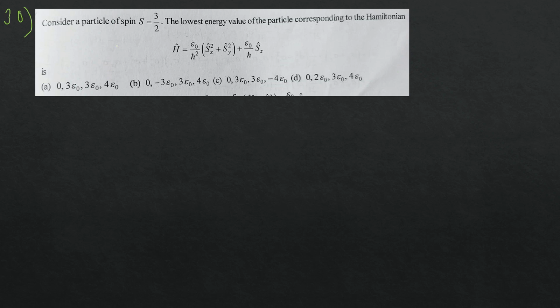Consider a particle of spin s equal to 3/2. The lowest energy value of the particle corresponding to the Hamiltonian H is asked. The Hamiltonian is given, so let me write the Hamiltonian H equal to